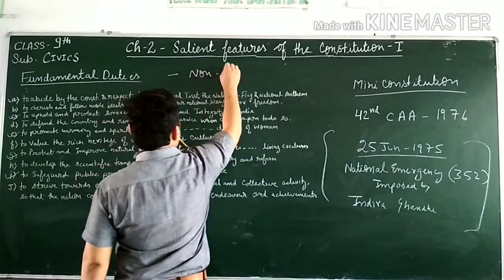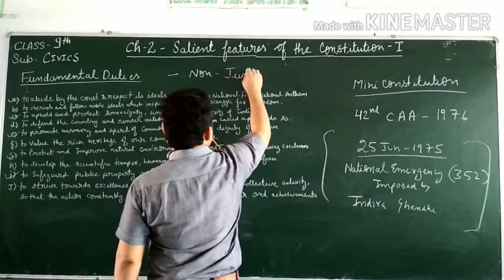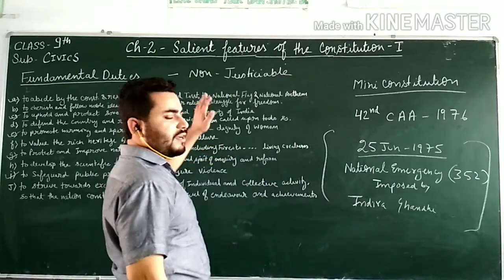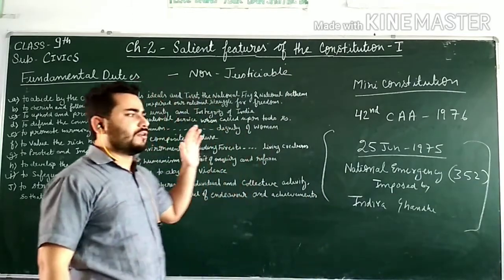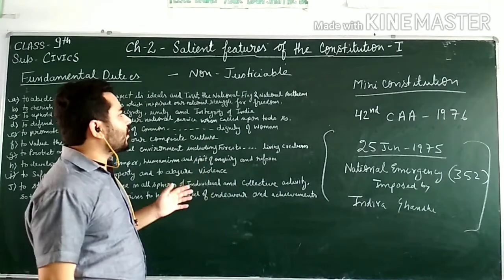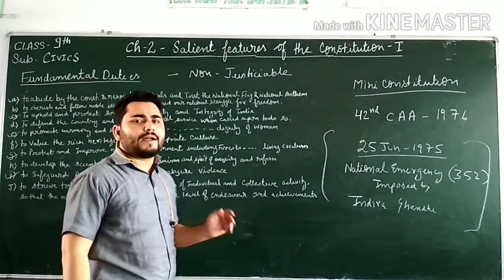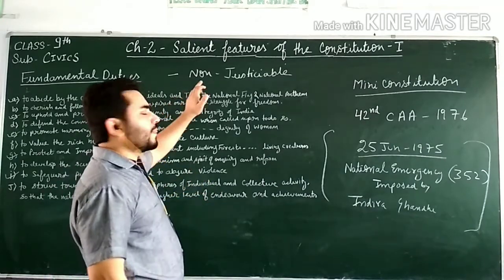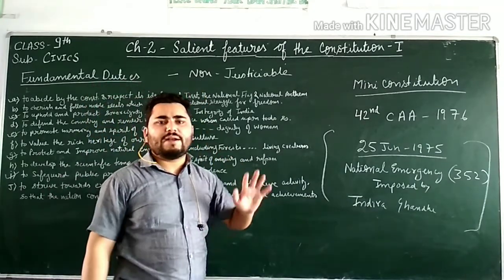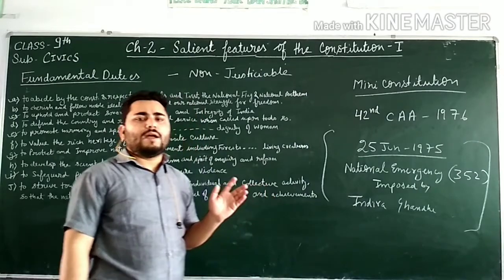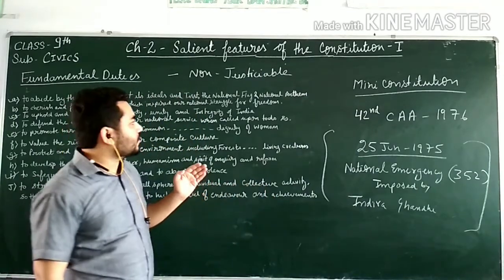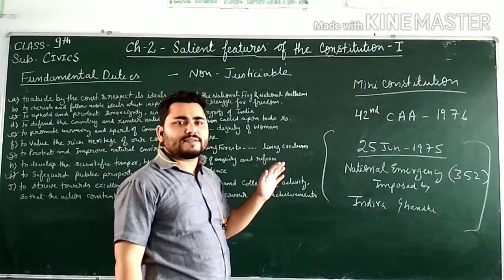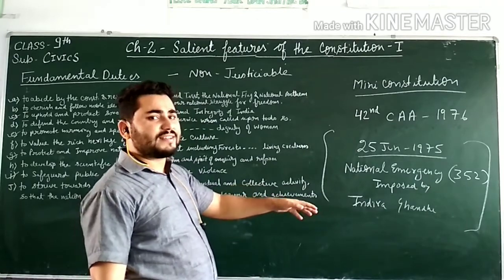Like DPSPs are non-justiciable, whereas fundamental rights are justiciable. It means one can move to the court and the court can issue writs. The Supreme Court can issue writs using Article 32 and the High Court can issue writs using Article 226. There are five types of writs: mandamus, certiorari, prohibition, quo warranto, and habeas corpus. These types of writs can be issued when something is justiciable, like fundamental rights are justiciable,